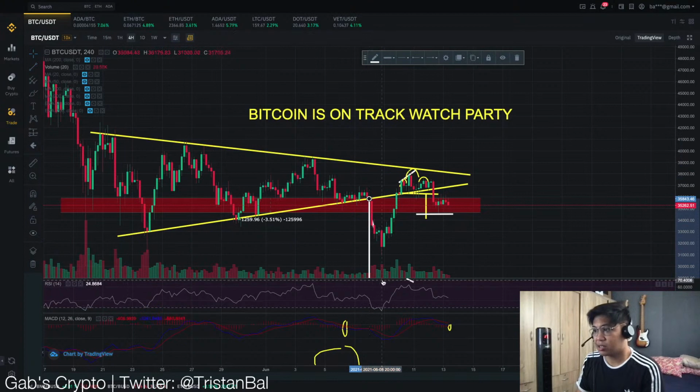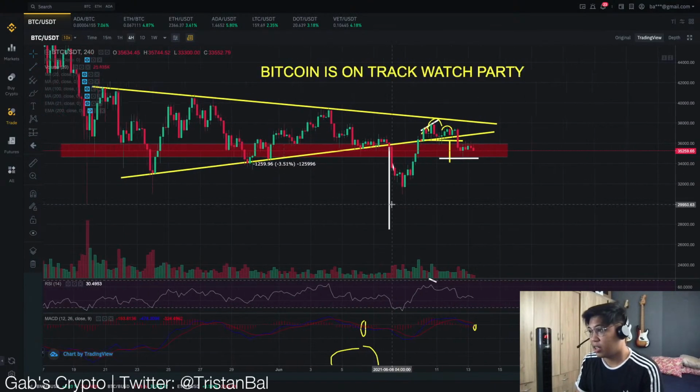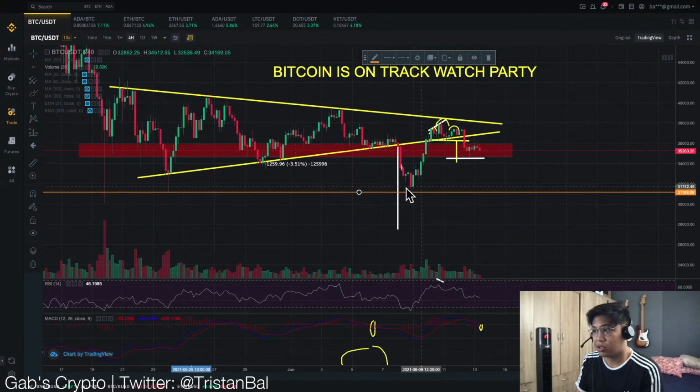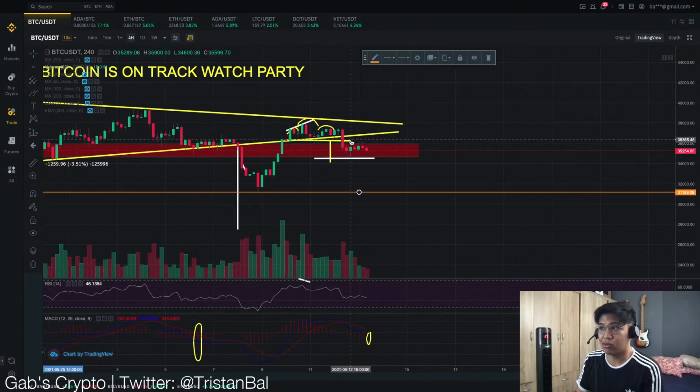So we had this breakout to the downside from this symmetric triangle, and it actually played out, but went up after hitting this support, this 31K support. We had strong support there, so 50% of our target was met. And now we are actually playing out this 4-hour target downward movement again after breaking out from this symmetric